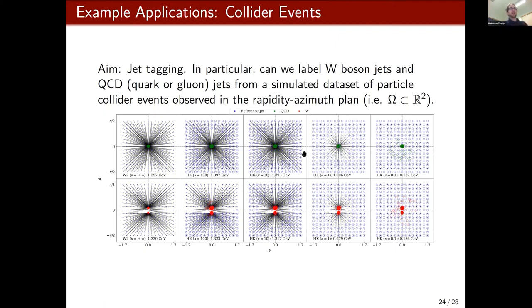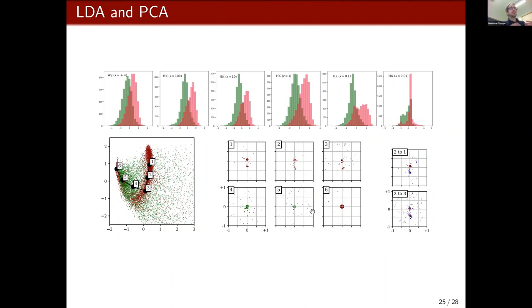So for the QCD jets, typically you get one big particle in the middle and then other smaller particles around it. In the W boson jets, you typically see two big jets in the middle, surrounded by smaller particles. Again, we can do this linear embedding, and then we can look at the geometry. And again, it tells you something about what's going on. So what you can see here is that,